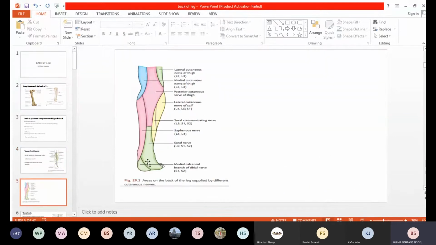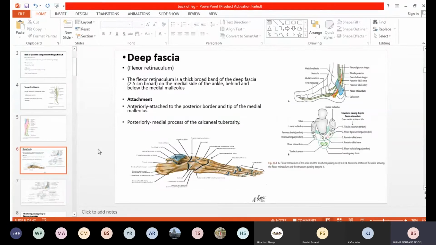These are the structures present, and we see the cutaneous innervation in the back of the leg. You can see the posterior cutaneous nerve supplies the upper and middle part of the back of the leg, the medial side small portion is the saphenous nerve, and the lower part and the lateral side of the foot is supplied by the sural nerve, and the heel exactly is supplied by the medial calcaneal branch of the tibial nerve. So this part sometimes the MCQ also asks, the heel will be supplied by which nerve? Okay, that is the medial calcaneal branch from the tibial nerve only. Okay. Now that is about the superficial fascia.